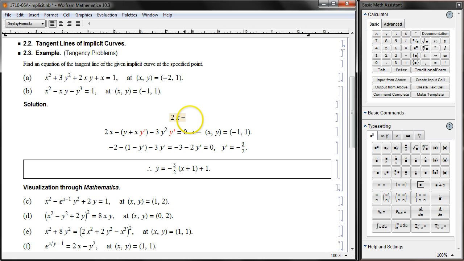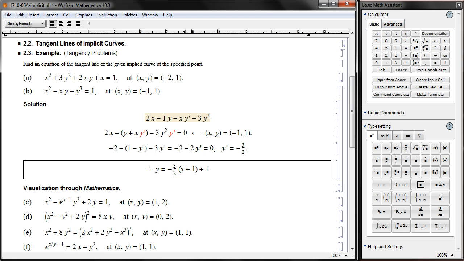That's minus 1 y, plus, and then what is the derivative of the second function? That's minus x, isn't it? So minus x, what is plus or minus x? That's just minus x. And then the derivative of y, so that's y prime, and then 3y squared y prime